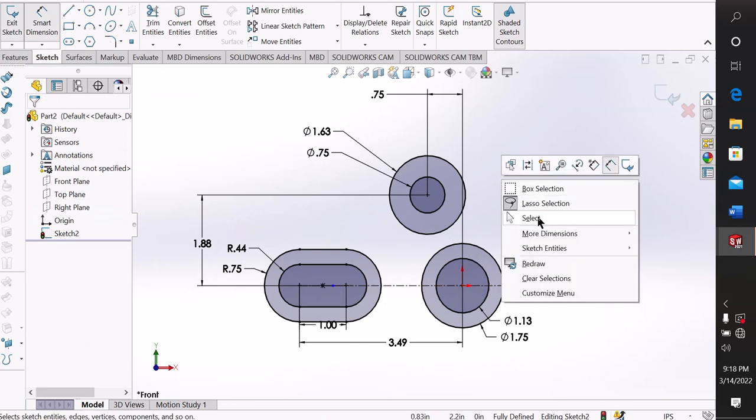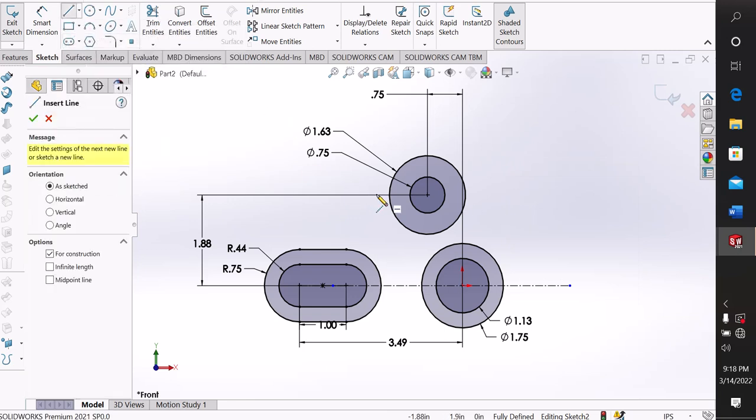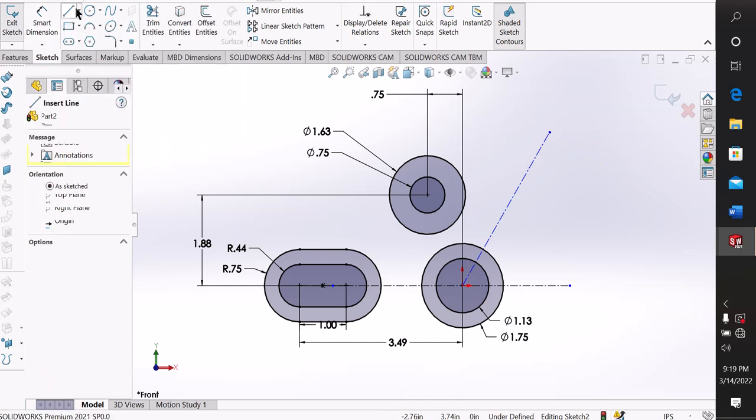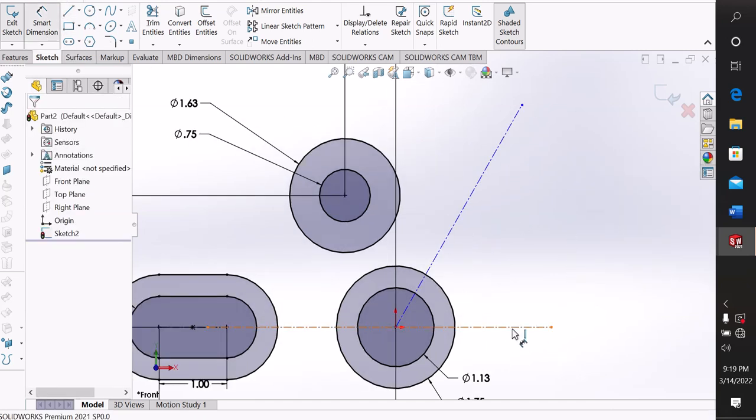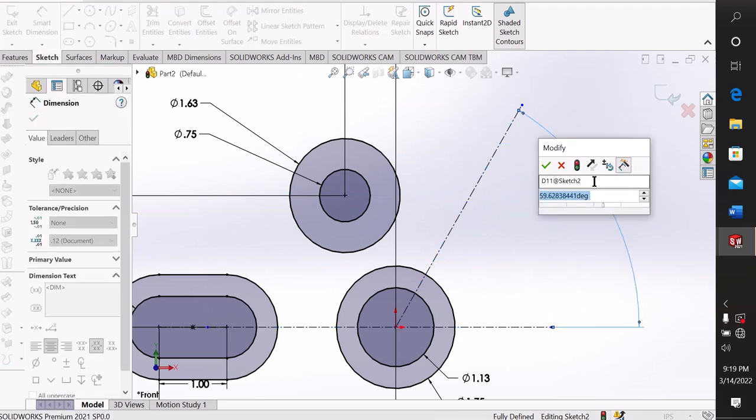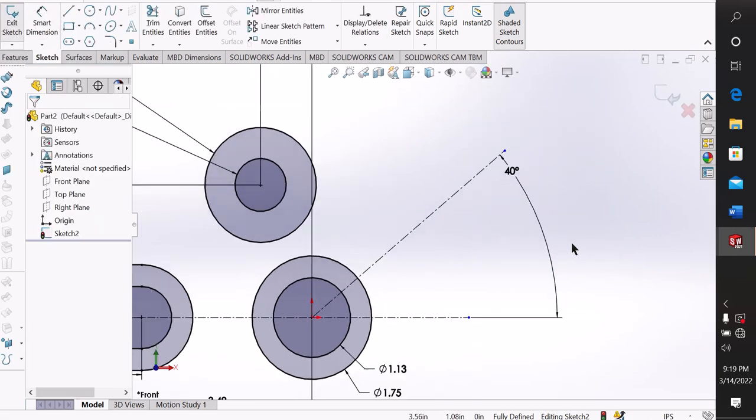See, now I choose the center line. Click this line and the option here, center line, and make it start from this origin here, and here also selected, and define its angle. Assign angle 40 degrees. Okay, see, now I choose